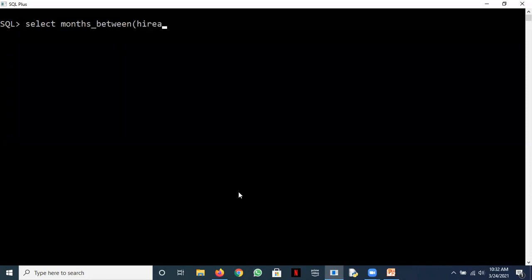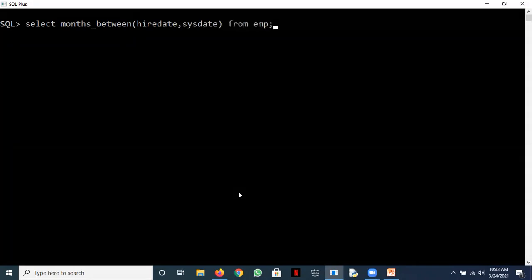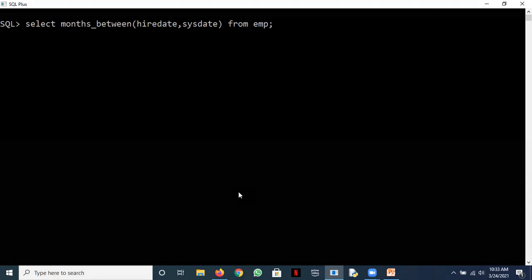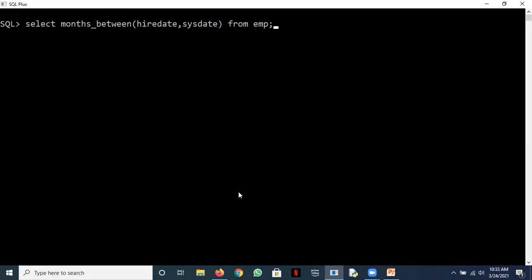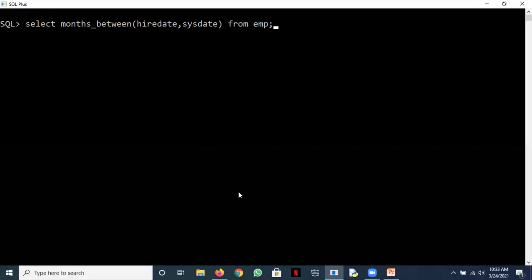Say hire_date, comma, sysdate from emp. So from the emp table, you know there is a column hire_date. Okay. So how many months are there between the hire_date and the sysdate? So whatever two dates you give, it would tell you the months which are there between them. Okay. I hope that is clear.